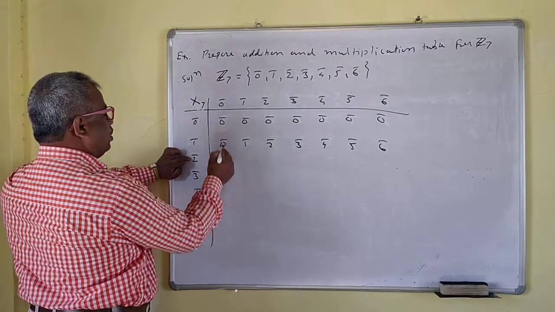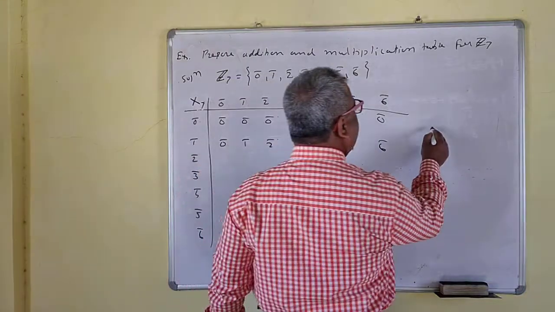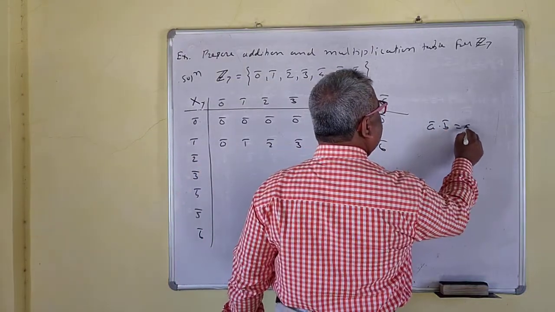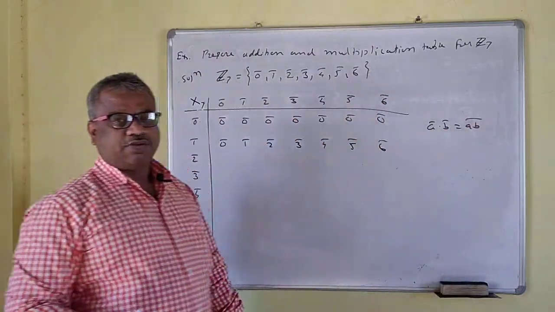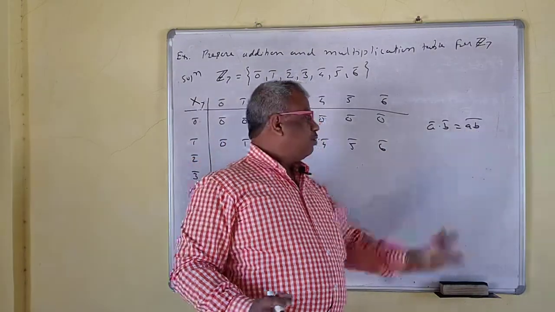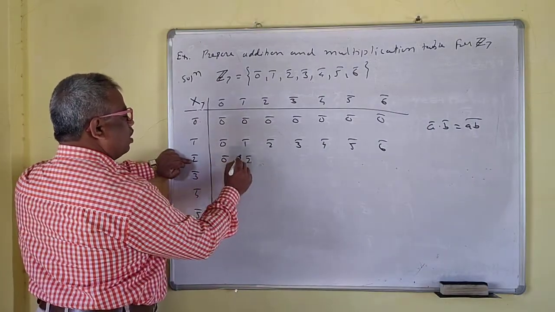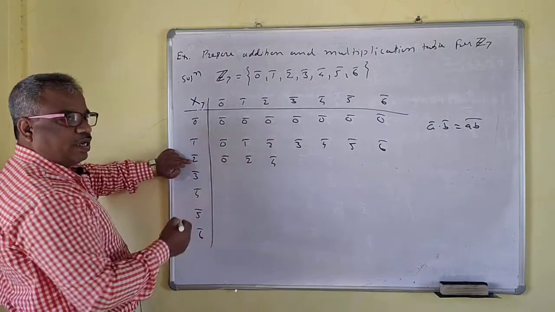Okay. So now we'll do the product for 2 bar. 2 bar plus 0. You have to do the usual product. That means what? A bar into B bar. So you have to take this as A bar, B bar. So this product is usual now, right? So 2 bar into 0 bar is 0 bar. This is 2 bar. This is 4 bar now. 2 bar into 2 bar is 4 bar.